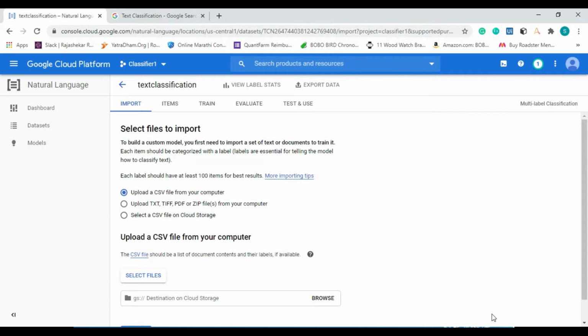After creating the dataset, we have to import some input files. For example, we can import a CSV file, text file, or PDF file from your computer or from your cloud storage. Here I am going to upload my CSV file from my computer, so I select upload CSV file from your computer and click on